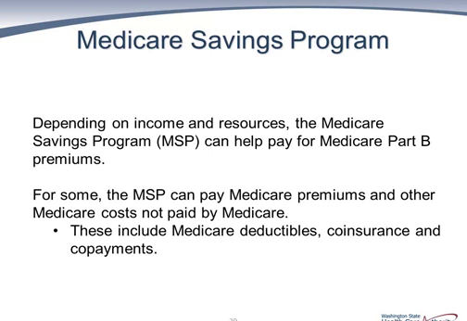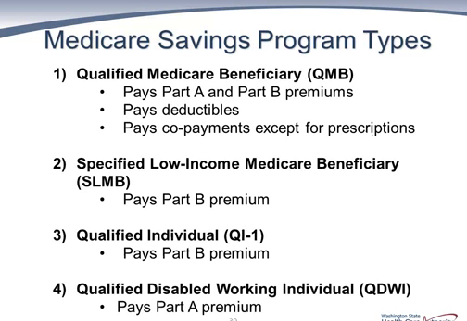So on the next slide, Karen, it shows the various Medicare savings programs that we have here in Washington, and there's really 4 programs, if you will. The first one is the QMB, or Qualified Medicare Beneficiary Program, and if an individual has income low enough, under 100% of the federal poverty level, then we can not only pay their Part B premium, but we can also pick up the cost of their Part A if they don't have free Part A. We can pay their deductibles, we can pay their co-pays, all except for any co-pay associated with a prescription drug cost.